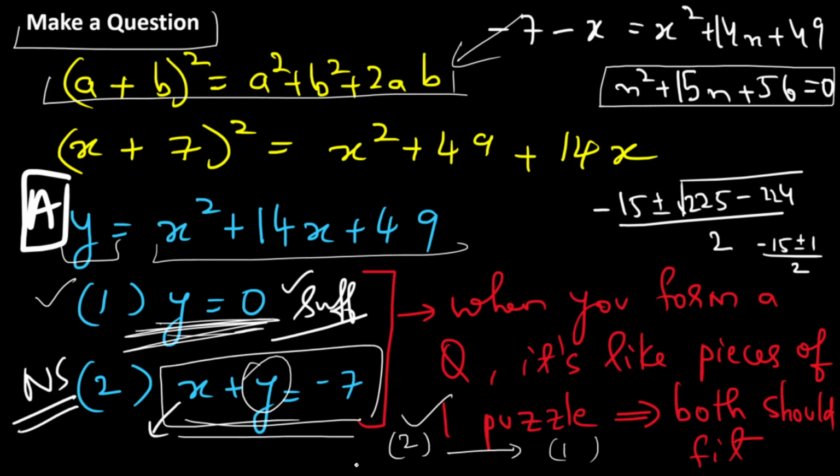So you will see that in the previous question, that's what they have done in that question, which is an original GMAT question provided by the GMAT body, right? So it's a quantitative review official guide question. All right. So I hope you're thorough with this. Now remember, making a question is one of the best ways to learn these type of questions. All right, so go ahead and make one more question on your own.